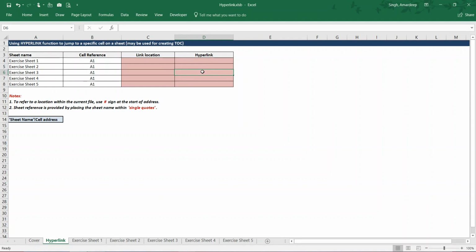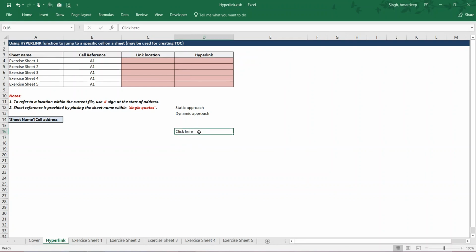Now in order to create a hyperlink, there are two ways. One is to create a hyperlink through what is called a static approach, and the second is to create a hyperlink with the help of Excel functions and formulae, which is typically called a dynamic approach. What's the difference between these two approaches? Let us say I want to create a hyperlink which should take me to sheet number 3. I can just write something like "click here",